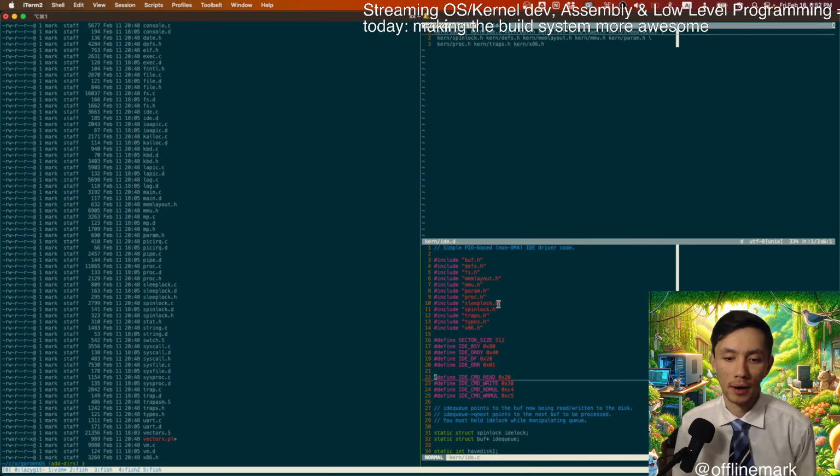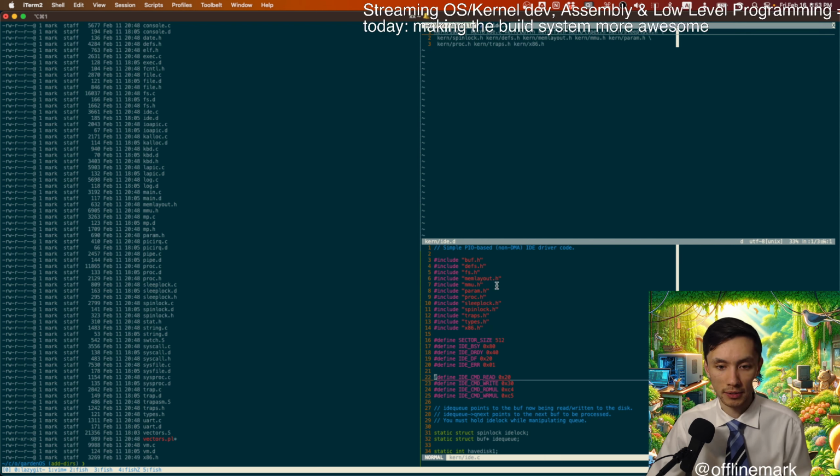That's because these header files could have any number of things in them, and this file might depend on them. A main example could be structure definitions.